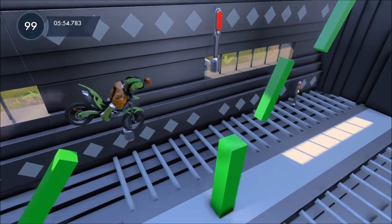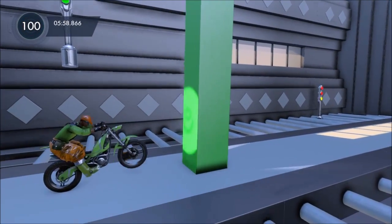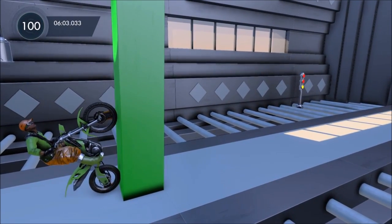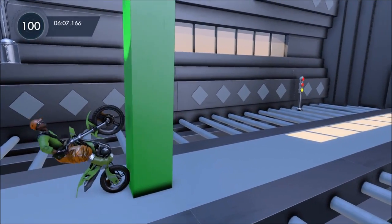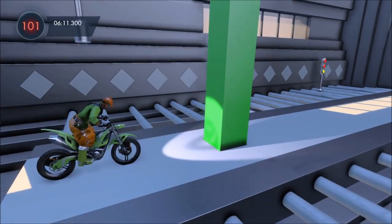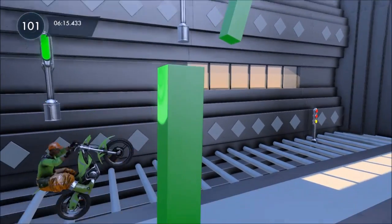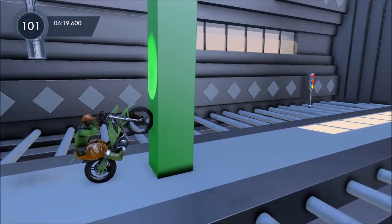Sometimes there are walls that are too steep to climb normally. You can't slow climb them by going up to the wall and then using throttle very slowly to climb up them. You can't endo into climbing them by being on your front wheel and then trying to ride up the wall really fast. Sometimes it's just too steep to use normal techniques, so you have to use a technique